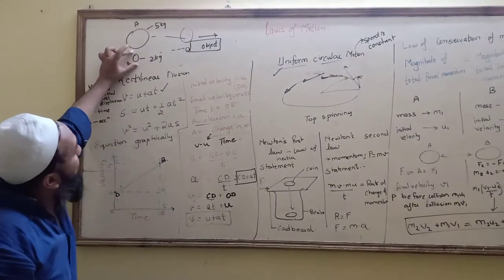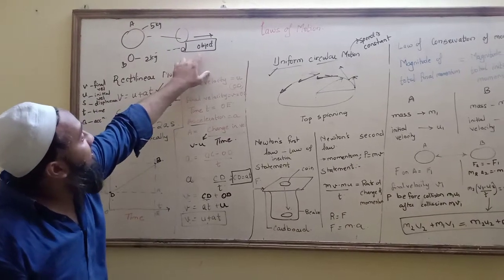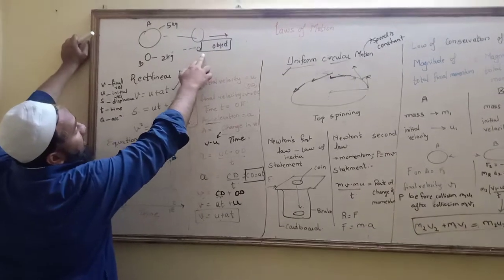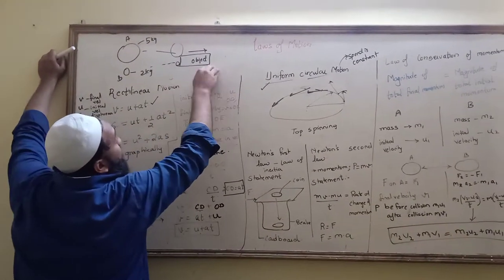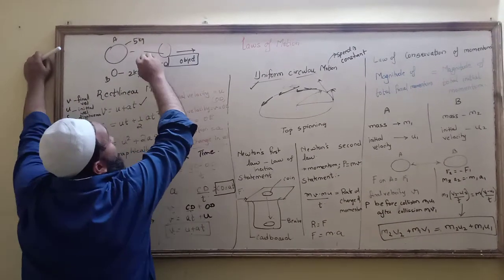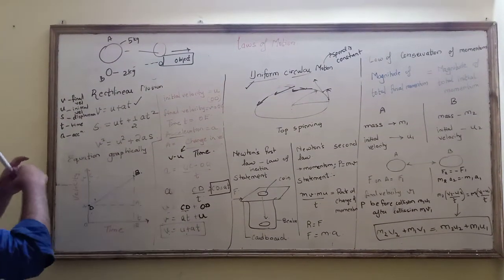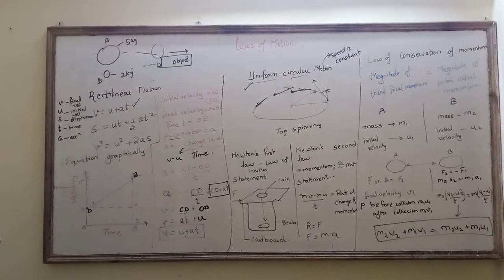Depending upon the mass, and if force is constant, velocity will change. Because for example, if I hit with this ball, the velocity with which it will move will be less. If the same force is applied over here, the velocity with which it will move will be more. So either you change the force applied, or you change the mass of the ball. That will bring about a change in velocity.